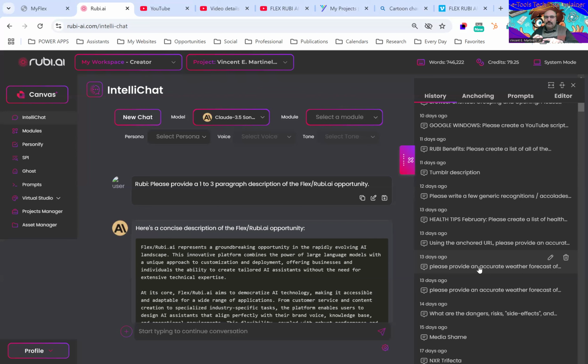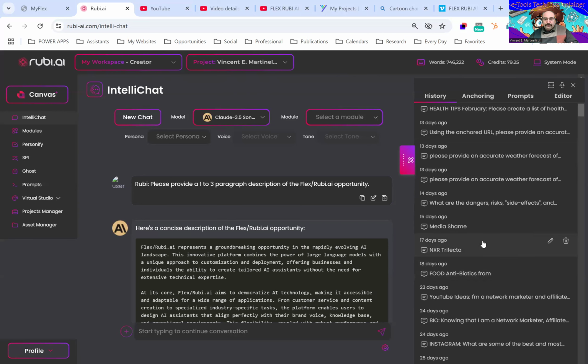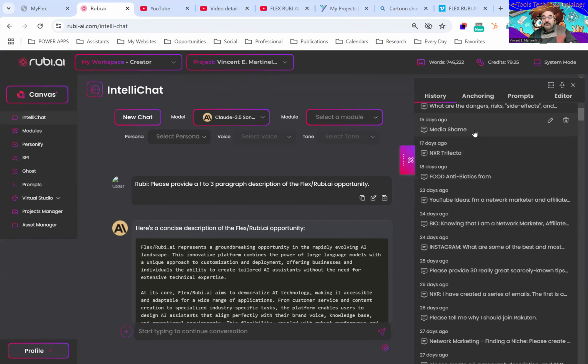And so last time we did emails, we did message posts, and we did one other, we did responses to other people's posts. We only did one example, but you should be getting the idea by now. But there's many other things you can do here. So I did an editorial, and it was called Media Shame. And then I did another